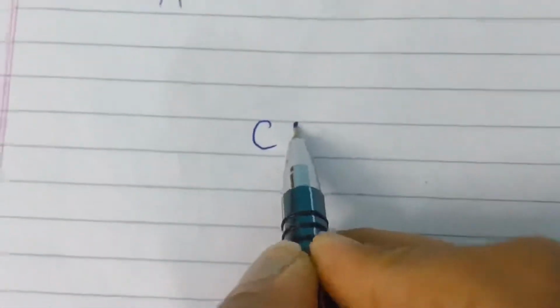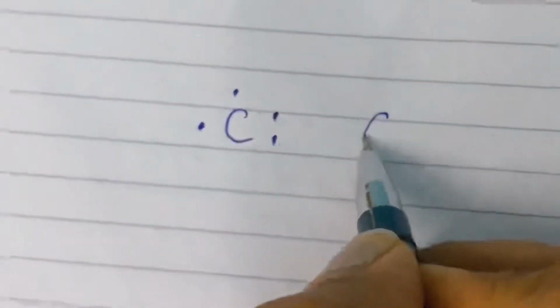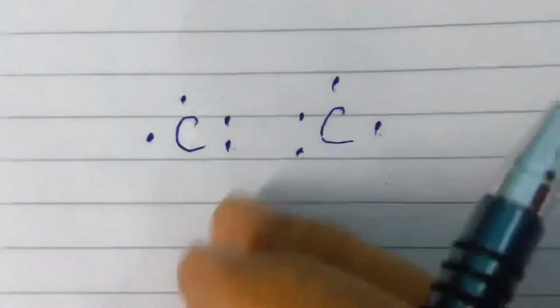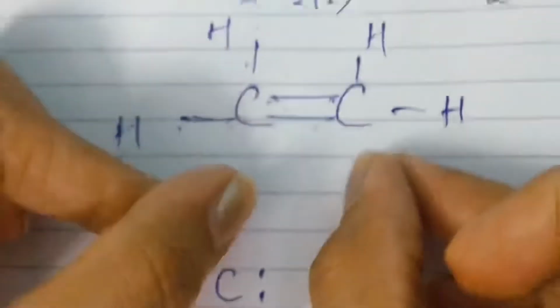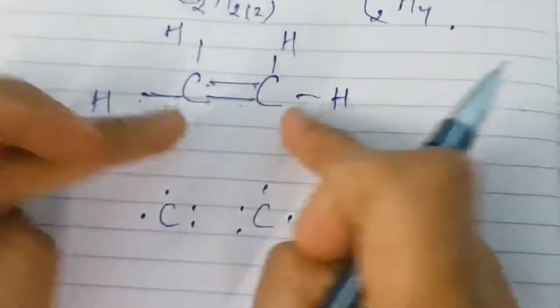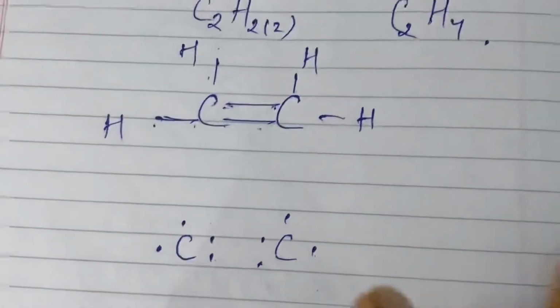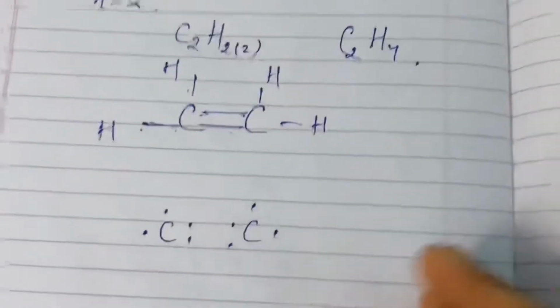First you make the structure, it will be easy for you to make it. See students, I am putting these carbon valence electrons 1, 2. The other one is 3 here. The 4th one is here. The other carbon 1, 2, 3, 4. You can put this hydrogen here, you can put the hydrogen below also. No problem, but make sure the valence electrons have to be completed. You cannot put more of them.